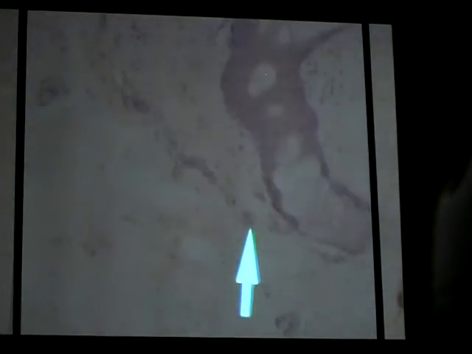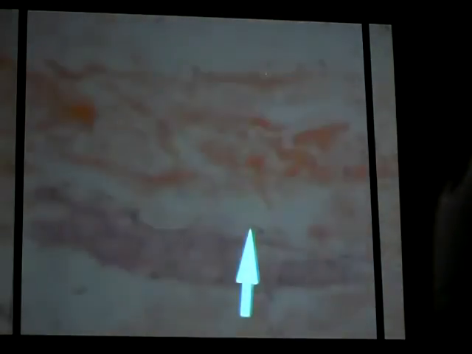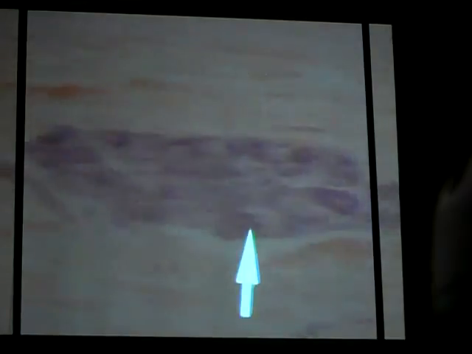Those are the sebaceous glands. So again, these are sebaceous glands. And then those would be your